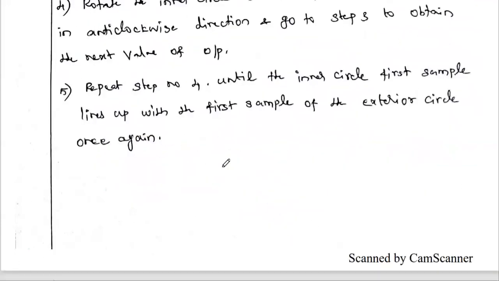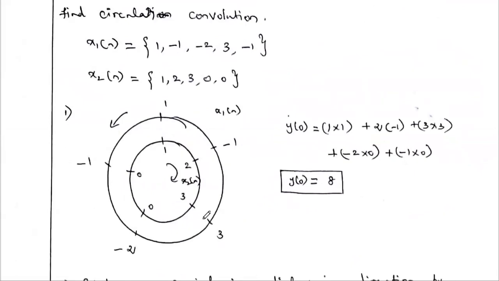And the third step. So you see the inner circle you just drew has the same positions. If it is 5 points, similarly the inner circle is also divided into 5 points. So where the first data x1 of n started, at the same position we have to write the x2 of n data, but x2 of n data we have to write in a clockwise position. This is anti-clockwise, this is clockwise position.